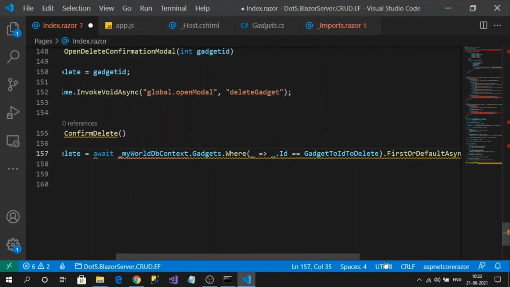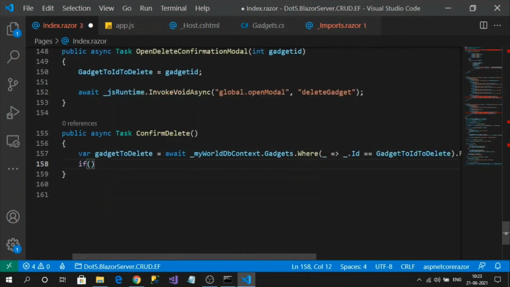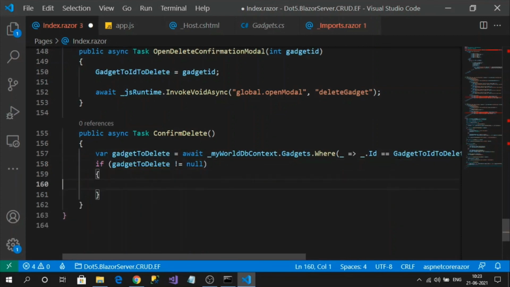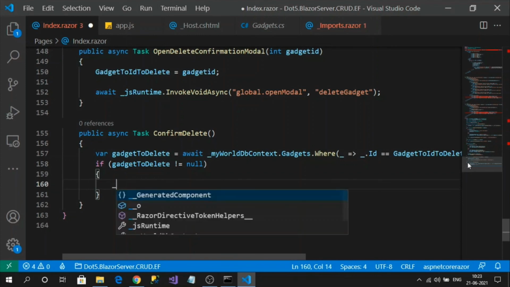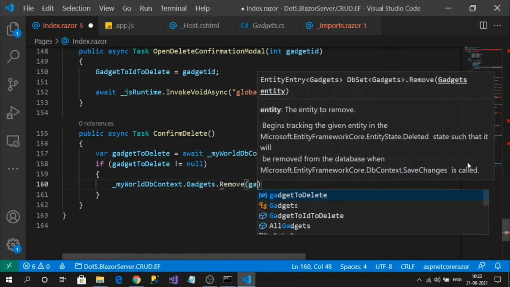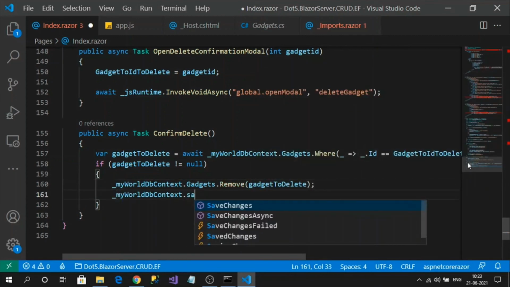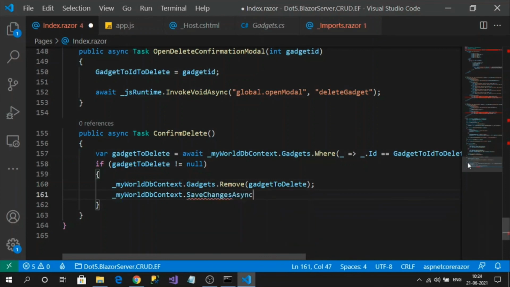If gadget is not equal to null, then what we are doing, we are simply removing it from the gadgets and saving the database, right?